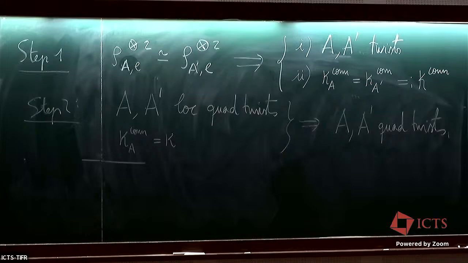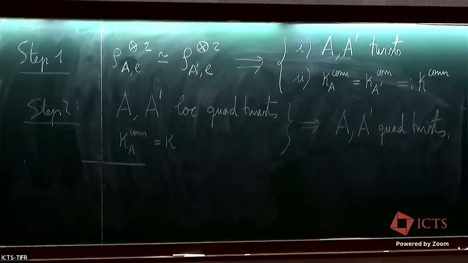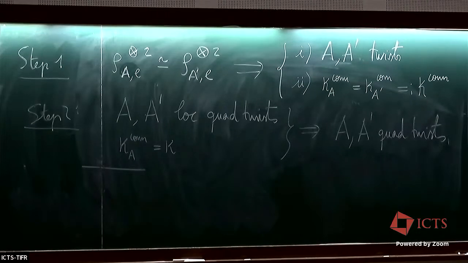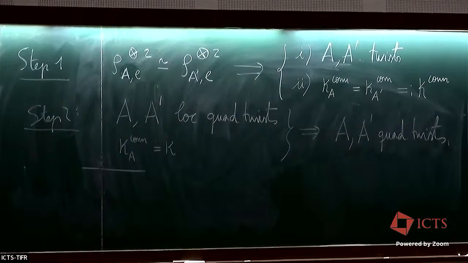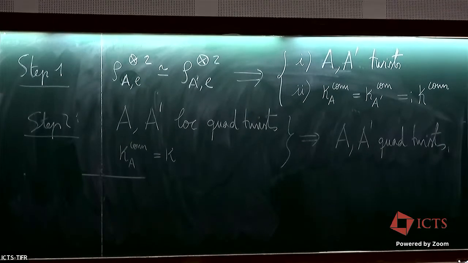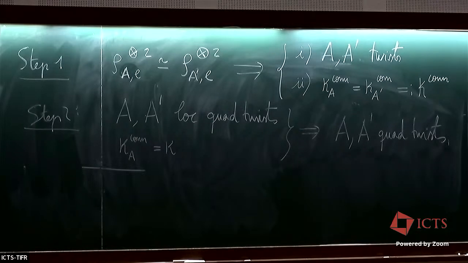So why does the second part of step 1 hold? Well, it directly follows from the fact that K connected for A coincides with K connected relative to the tensor product of A, of the L-adic representation attached to A, and its contragradient. And before explaining why this equality holds, let me just comment why this implies